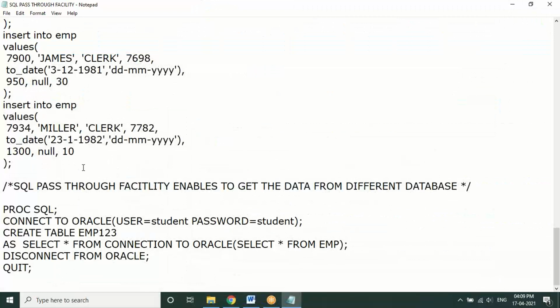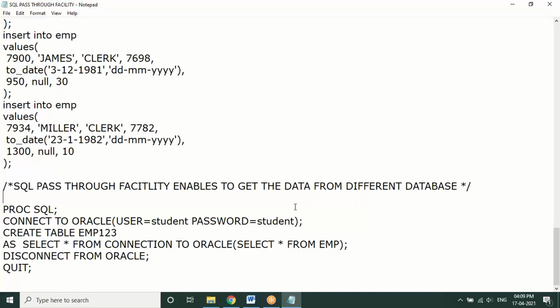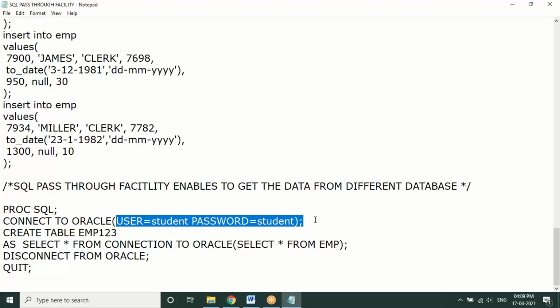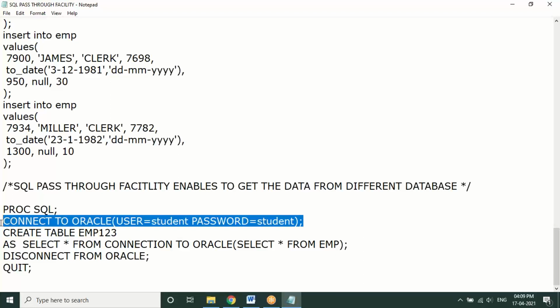But if you wanted to connect to another database, there is a facility in SAS called the SQL pass-through facility to get the data directly from any different databases. What is the syntax? Proc SQL connect to the database, for example here it is Oracle, with the user and the password. This is the connection you are establishing with one of the databases. It is a one-line query you have to write.